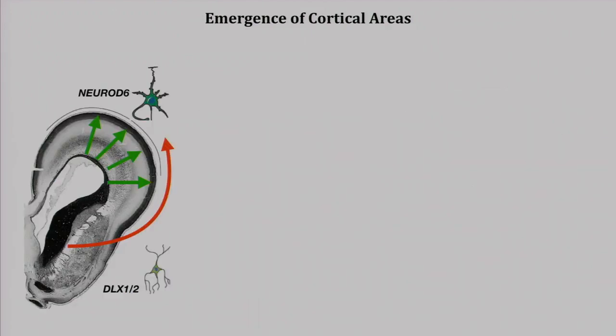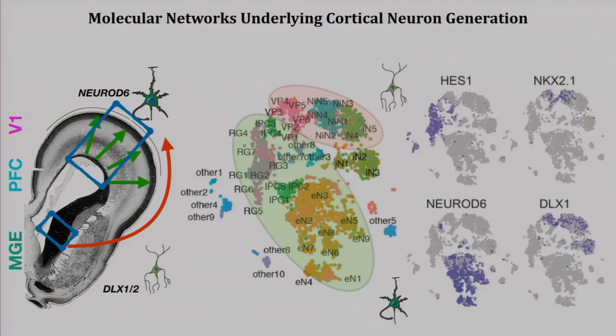collect or sample cells from several different areas of the emerging telencephalon, or the emerging forebrain, particularly focusing on three regions, two of which are expected to produce very distinct cell types. So the cortical neuroepithelium that is expected to produce excitatory neurons, and then the ventral telencephalic area, the medial ganglionic eminence, which in humans and mice is the major source of cortical interneurons, where we expect to find the major differences between these cell types.